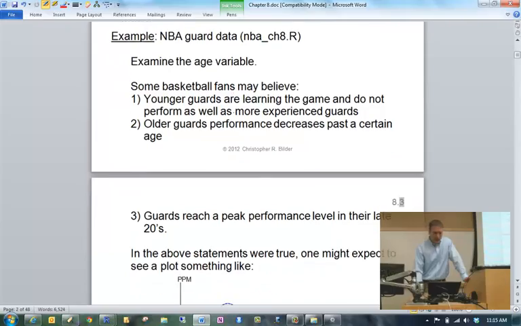Okay, so let's take a look at an example. This is with the NBA guard data set again. When I first introduced this example, you may remember me mentioning this age variable, and that there might be a quadratic effect of age on a player's performance. Specifically, what I said was something like this.